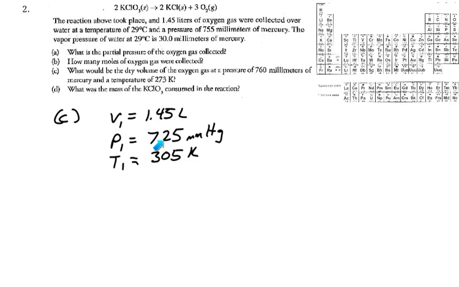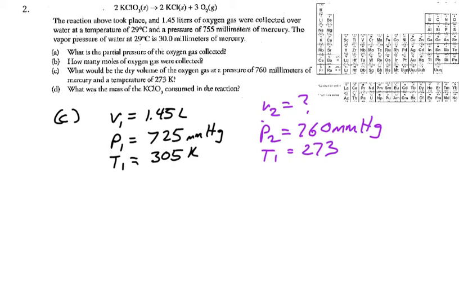So they're saying if this was our starting dry volume, our starting pressure of oxygen, how would the volume change if we increase the pressure to 760 and change the temperature to 273? So the temperature is going down. So there's more than one thing changing here. So our ending values, we're saying we want to know what the volume will be after these changes. The pressure is going to be 760 after the changes, and the temperature is going to be 273 after these changes. And so this is a classic situation where we need the combined gas law, especially because we're changing more